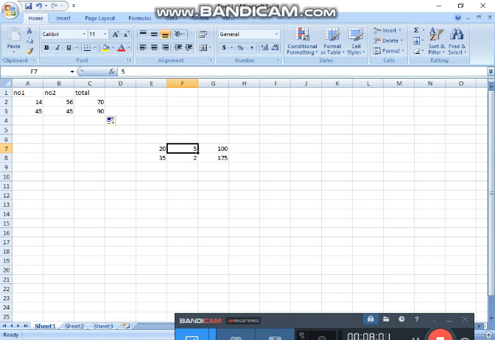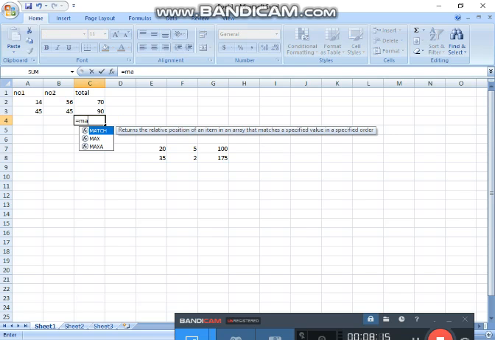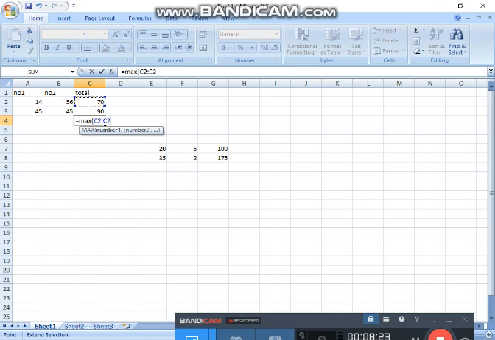All the formulas we can insert in MS Excel. Okay, so I show you how to enter. Suppose here I want to find the maximum value, so equal to max, then opening bracket, and this one, then colon, this one. Okay, and closing bracket and enter. So it will show the maximum value.